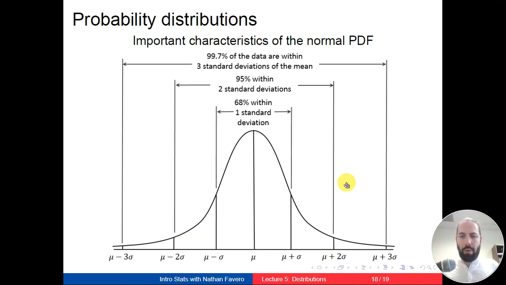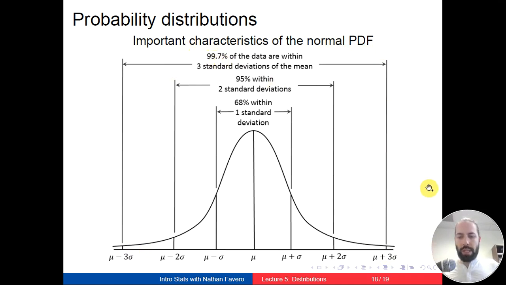So we will probably go over more examples of this in the future, but the idea is that being within two standard deviations of the mean is something that will occur 95% of the time when you're doing draws from a normal distribution. Finally, if we go out three standard deviations, well, almost always, 99.7% of the time, when we